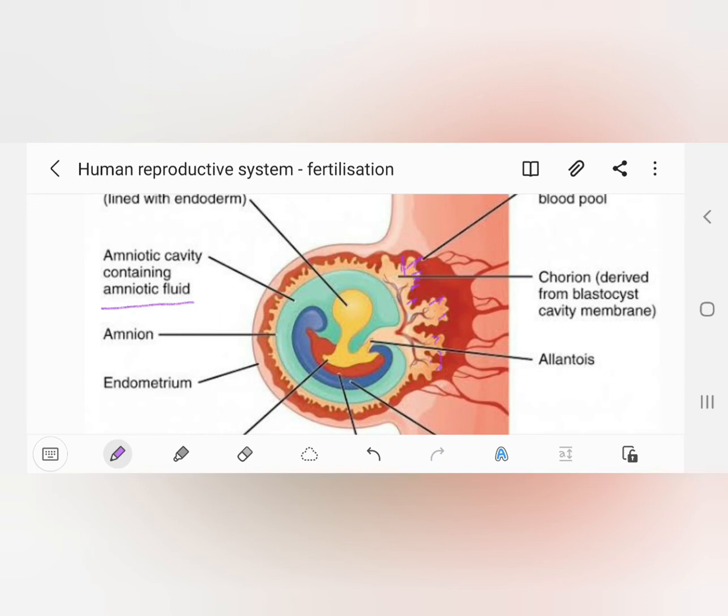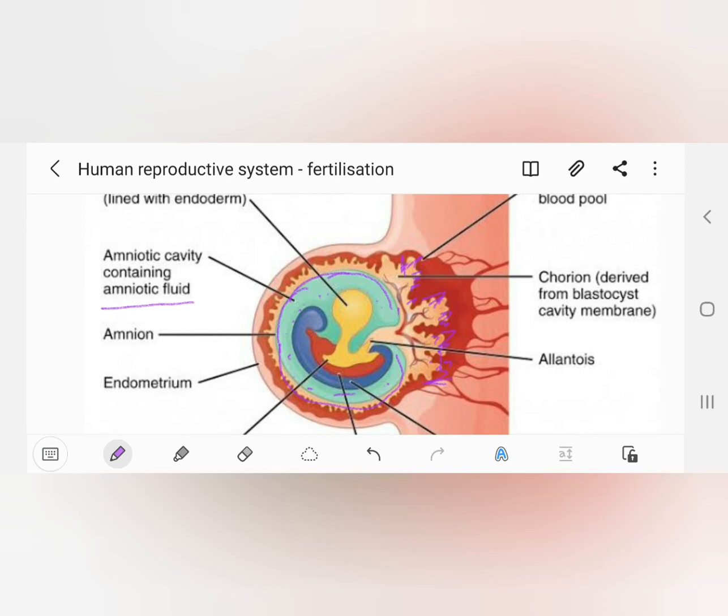This chorion is provided with many finger-like projections which are called chorionic villi. These chorionic villi are deeply attached into the walls of uterus, and these play an important role in absorption of nutrients which are required for the development of embryo. Just inside to the chorion there is a second layer which is called amnion. This amnion forms a cavity around the embryo, and this cavity is called amniotic cavity. Inside the amniotic cavity it is filled with a fluid called amniotic fluid. In that fluid, embryo develops freely.